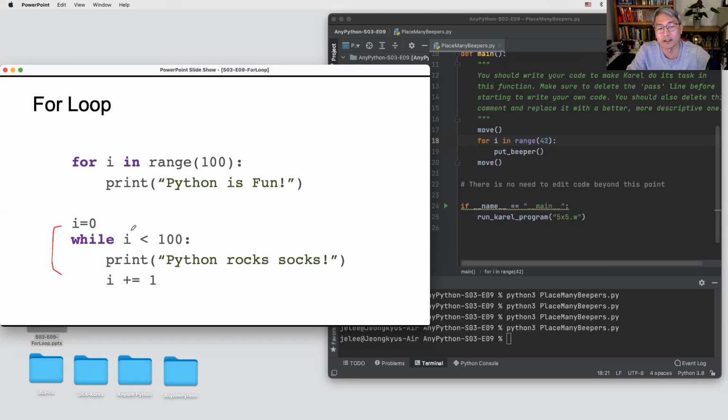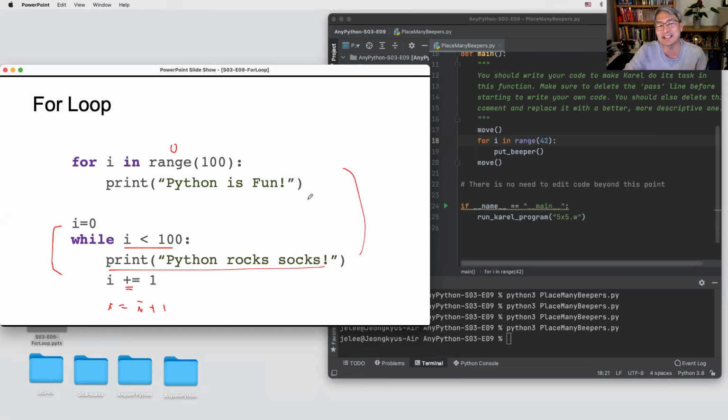If you want to repeat with the while loop, until this is true, less than 100. So starting from 0, and increase by 1, this is the short notation of I equal to I plus 1. We already learned the short expression. Then it's increased by 1: 1, 2, 3, 4, 5, up to what? 99. So how many times will it be repeated? 100 times. So this is the same.